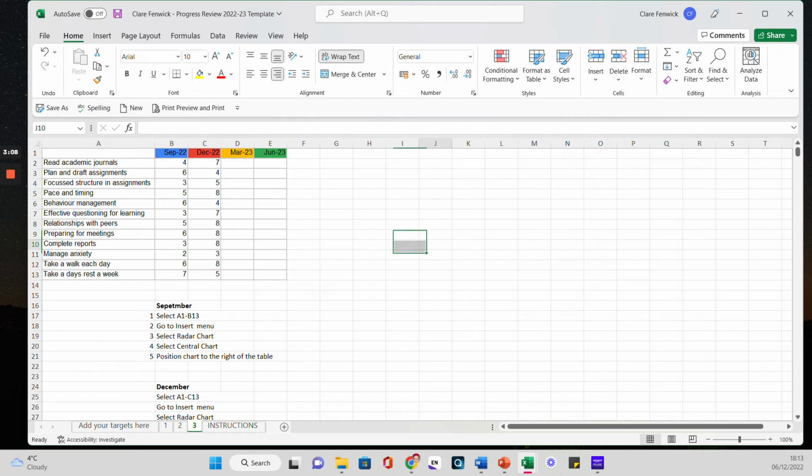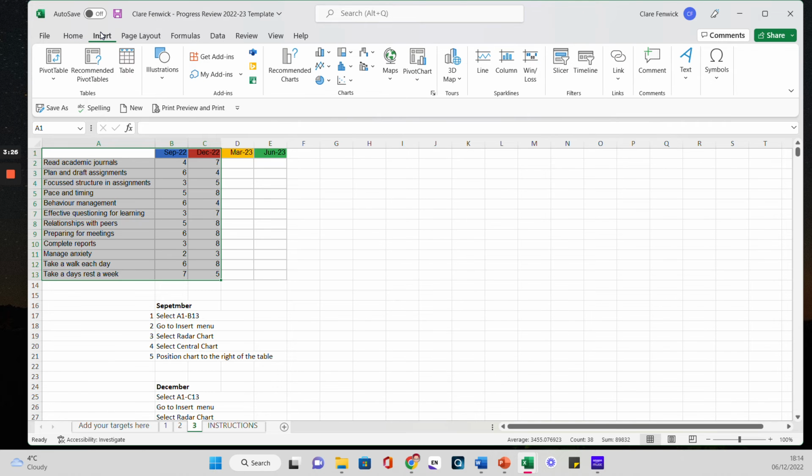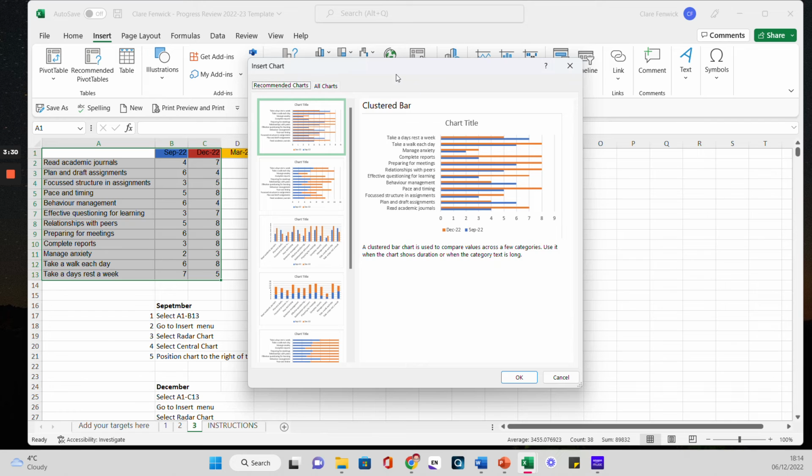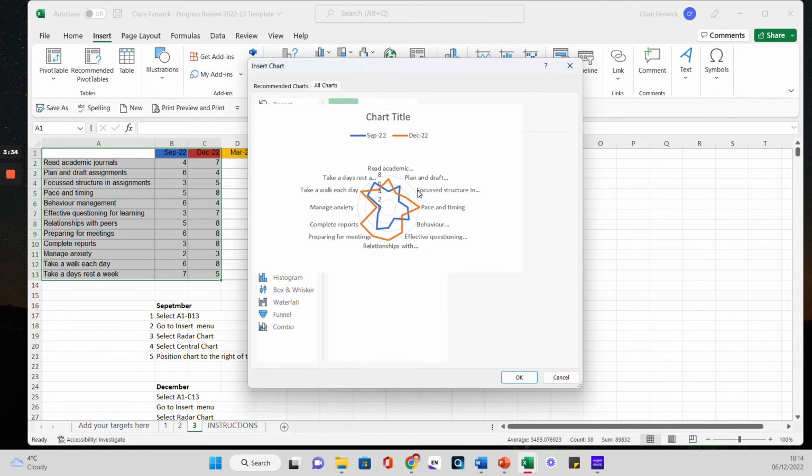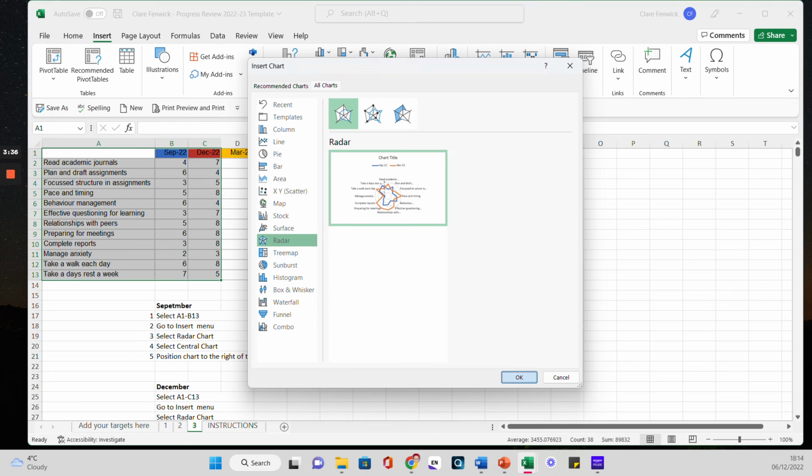Okay, so again, I select the cells indicated. So I'm selecting everything, all of my targets, my September scores and my December scores. And I'm in the home menu at the top here, so I'm going to go into insert. I'm then going to go into charts, all charts, radar, and I'm going to select the radar chart. So you can see that here,